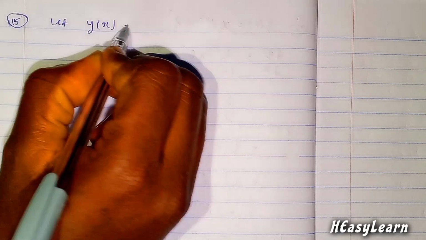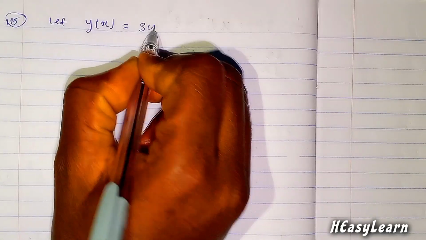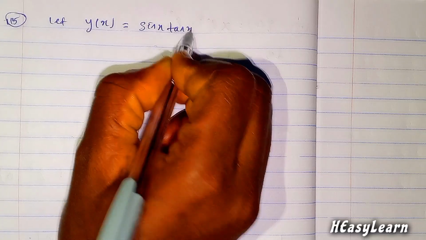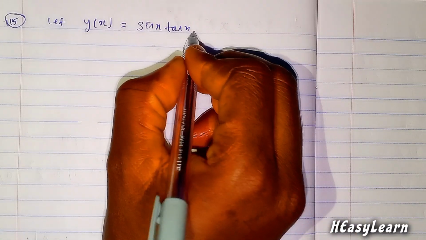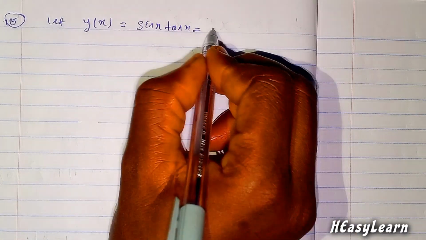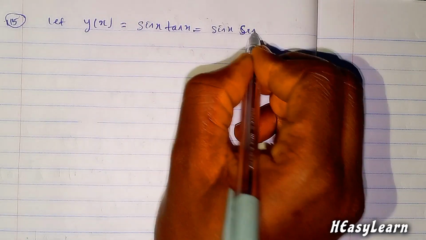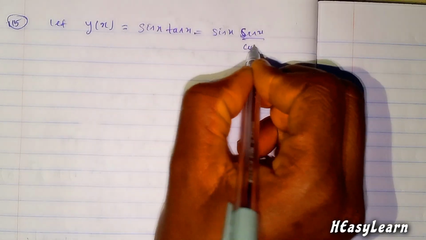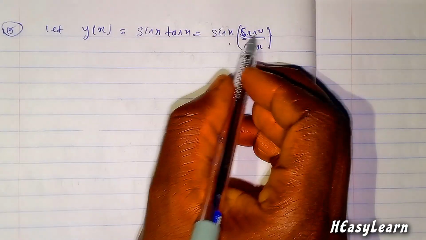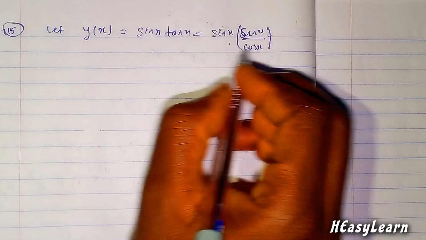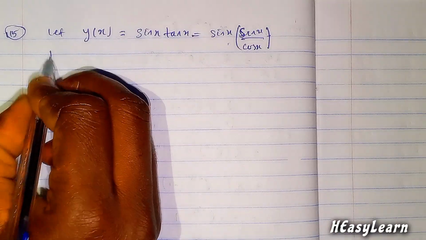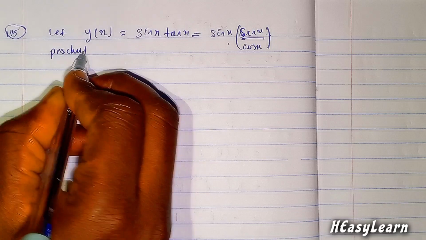Let y of x equals sin x tan x. This is a product of two trigonometric functions. This is the same thing as sin x times sin x over cos x. So using the product rule technique,